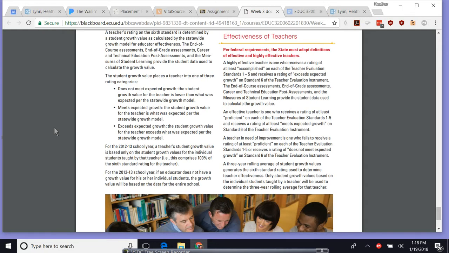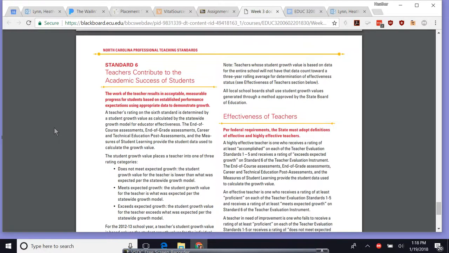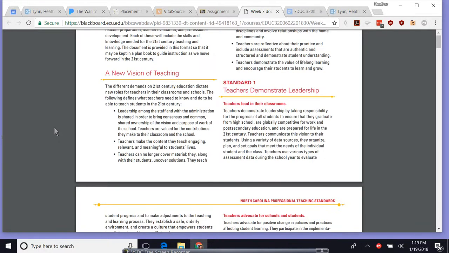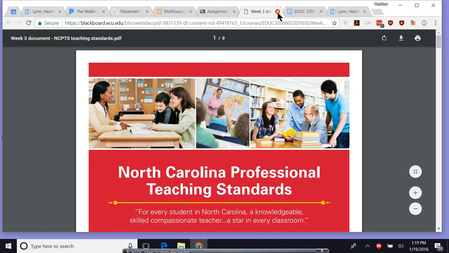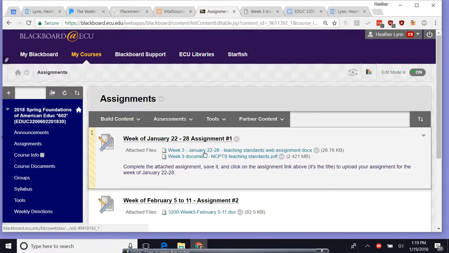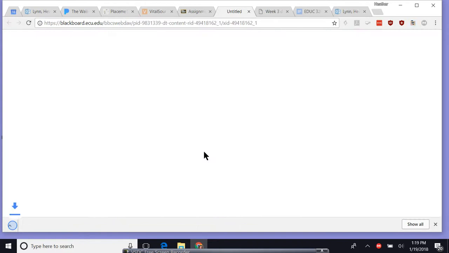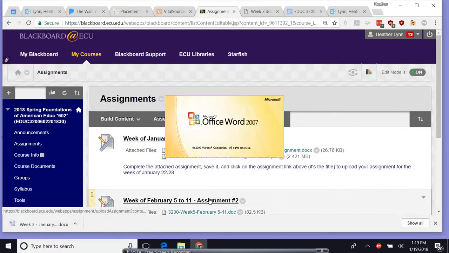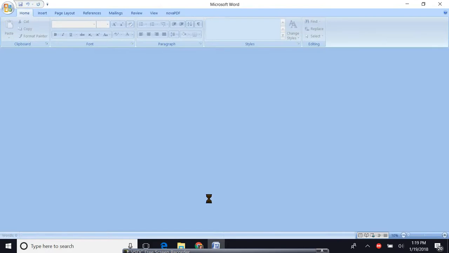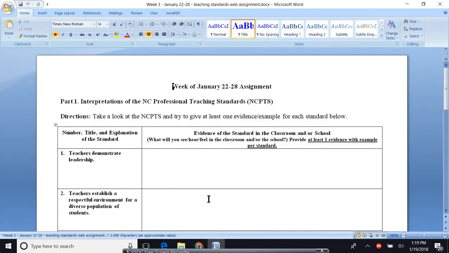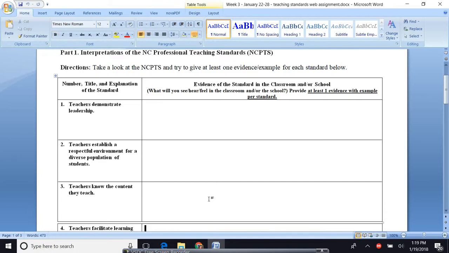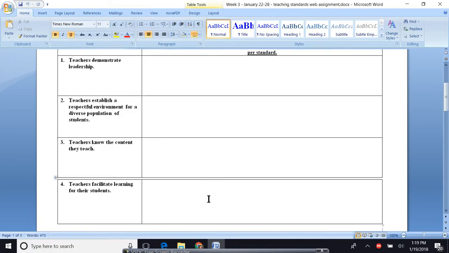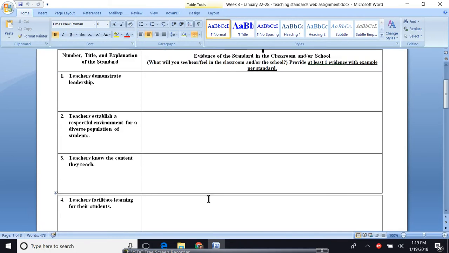So this is part of the assignment, and I'll pull up the actual assignment here too. It's actually two parts of this assignment. Okay, so here's the assignment directions, and it includes the worksheets that you're going to download and then upload. Okay, so the first part of the assignment is to look at those standards I just showed you, the North Carolina Professional Teaching Standards. And I want you to read the standards carefully and basically add one example of an evidence that you would see to know that the standard was being met in that classroom